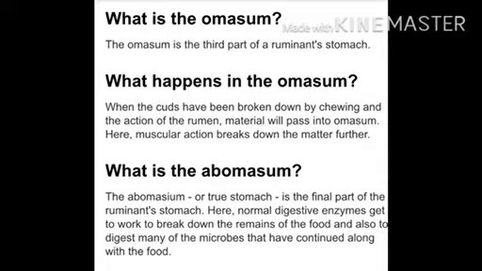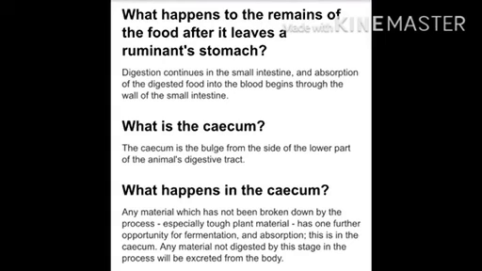Now, what is the abomasum? The abomasum, or true stomach, is the final part of the ruminant stomach. Here, the normal digestive enzymes get to work to break down the remains of the food and also to digest many of the microbes that have continued along with the food. What happens to the remains of the food after it leaves the ruminant stomach? Digestion continues in the small intestine and absorption of the digested food into the blood begins through the wall of